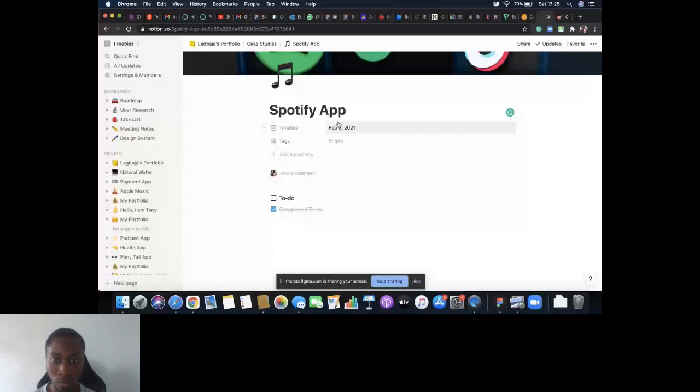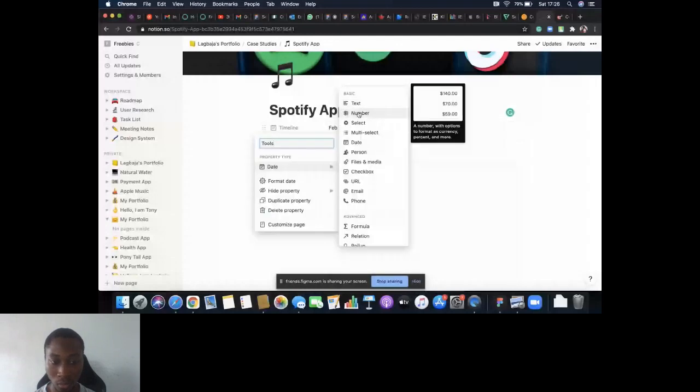you have text, you have number, and what I like about Notion is they'll tell you what you are trying to do, what it looks like on this page. So you can see what it looks like when I hover over it. So you have select. If you choose select, you can only display one thing. What you want to go for is multi-select. If you want to go for a date like I did, you can go ahead. If you want to show a person, so you are probably not the only person that worked on this case study, and you want to show everybody that worked on it, that's fine. It's the same thing all through with everything here.